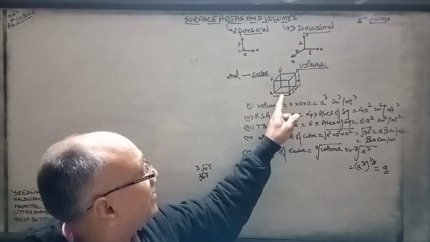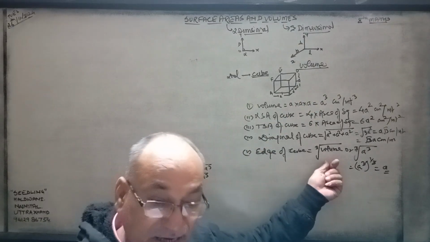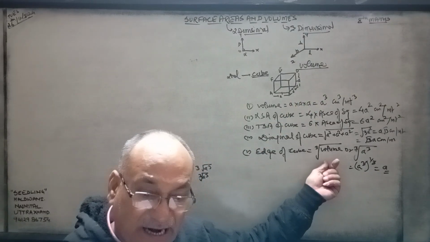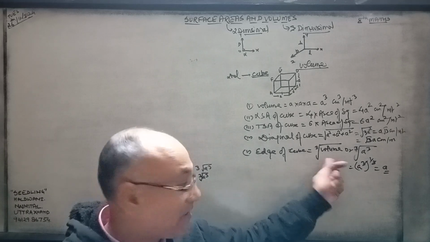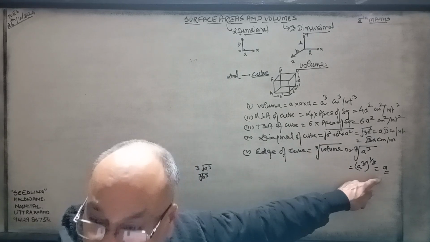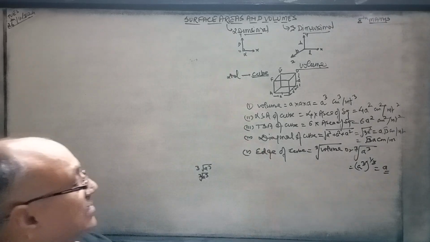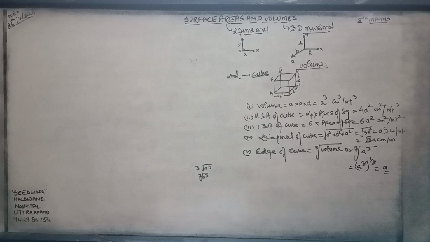तो क्यूब की side क्या होती है? If volume is given, we'll find out the cube root of that. So when you are going to find that, easily you can find the side of the cube. Is that clear, sir? So these 5 formulas are of your cube. Please write down.